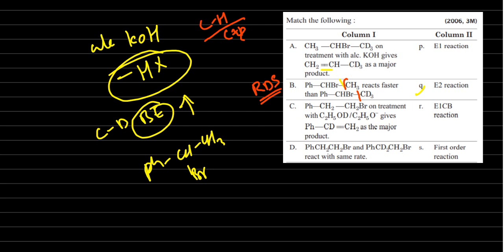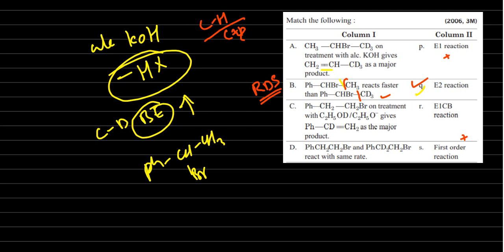So again, two reactions, one also. Reaction makes this C-H, C-D bond cleavage take place. So the rate determining step is the slow step. Okay, that's why E2. Next, see the other options. In the first order, the carbocation is there. Even again, a carbocation is there. So here there is no isotope effect.